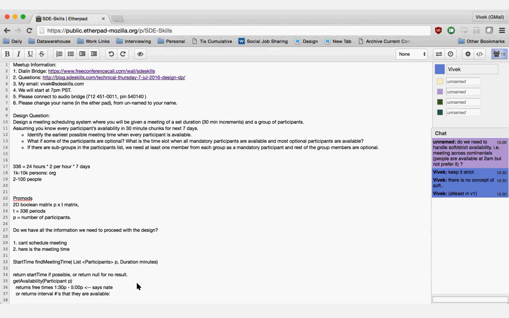But assuming that's not what we're looking at, let's assume we just get it in batch. So you call get participant availability, and you get all their available durations. You just get a set of numbers. Is it a set or a list? Set would be better, I think. Depending upon the language, the set and the list could be the same thing. Will they contain duplicate elements? Ideally, no, it should not contain duplicate elements.